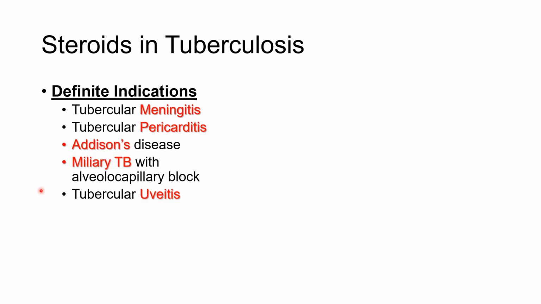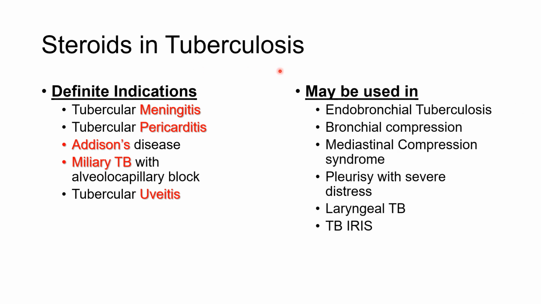So these are the definite indications. This everyone has to remember, and this is important in competitive exams also. Tubercular meningitis, tubercular pericarditis, Addison's disease, miliary TB with alveolo-capillary block, and tubercular uveitis. These are the five definite indications where steroids have to be given, and some other indications are there where you